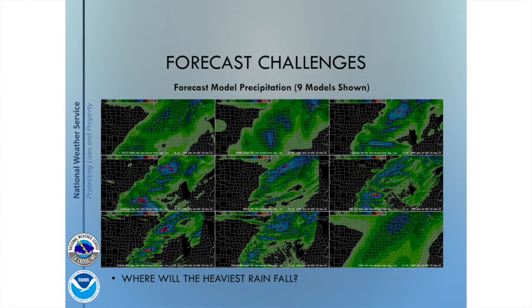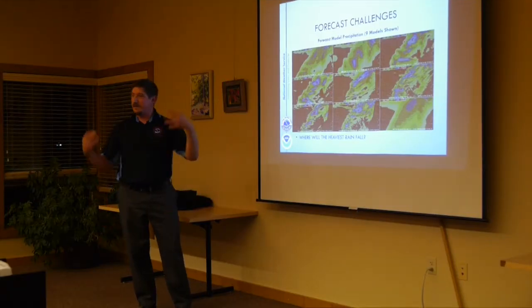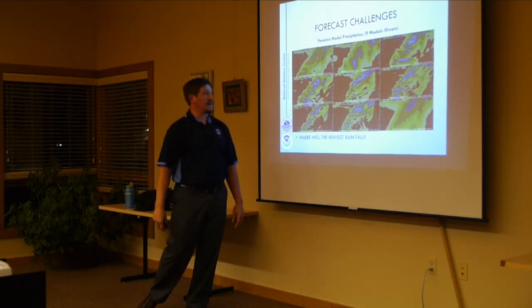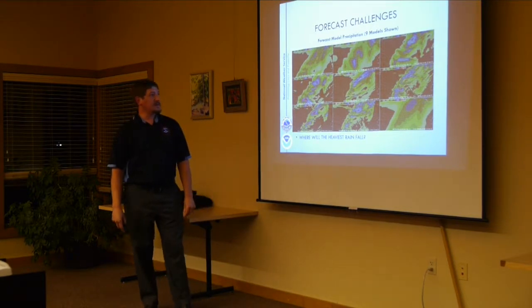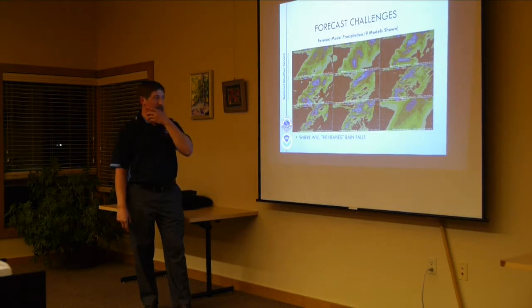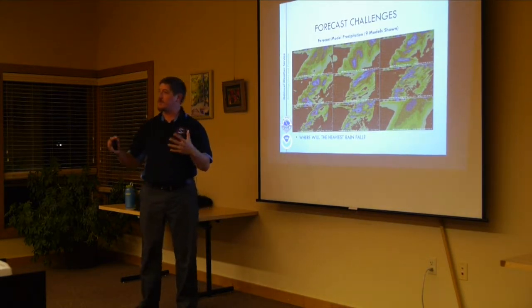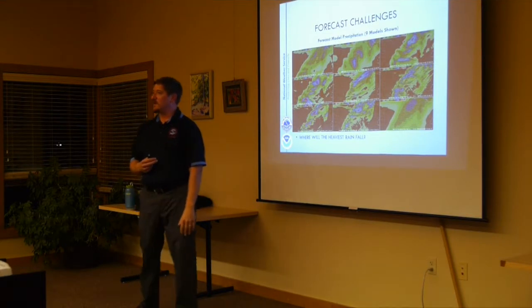But then as a forecaster, which one of these models do you put more weight in, or do you throw them all out and say none of them are handling it? There are times that can happen. You just know by experience and through training that under this pattern, we typically see this. The model isn't resolving what we're expecting to happen. So it's a challenge. It's certainly not just an automated process that you can roll with from model output. And it seems like we continue to add more and more models all the time. Some are better in areas than others. There are strengths and weaknesses to each model.